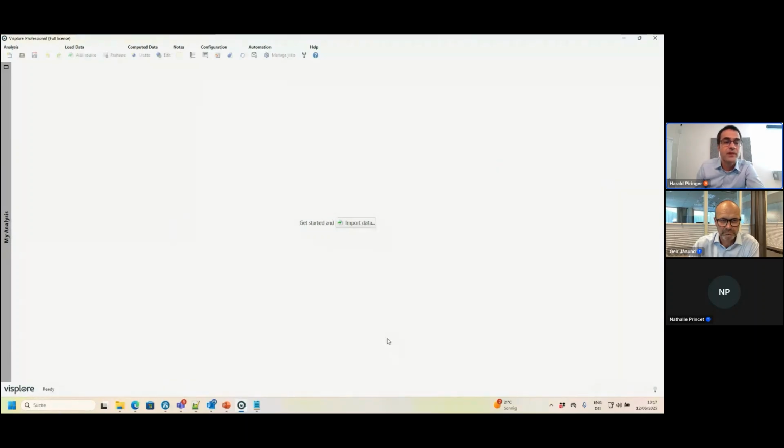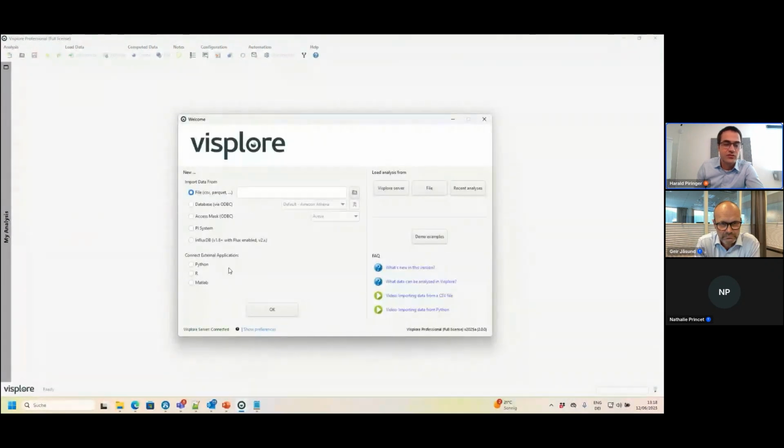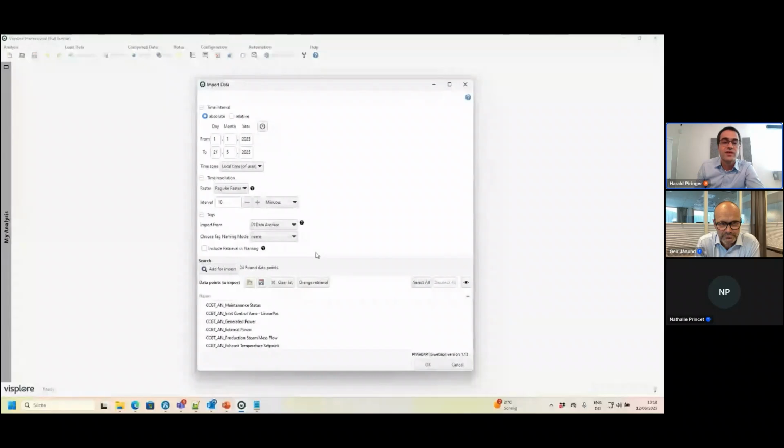So this is Visplore. The first step when you just start it up is typically to import some data. And there are different sources possible here. What we want to do in this case is import directly from a process historian, in this case the AVEVA PI system. So we can select this as a source. In order to speed up the demo, I already pre-configured it here. You can basically define the time periods here. You can define any number of tags you want to import and much more. I don't go into detail here,